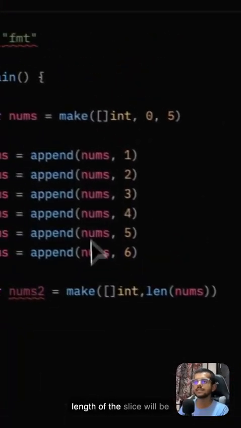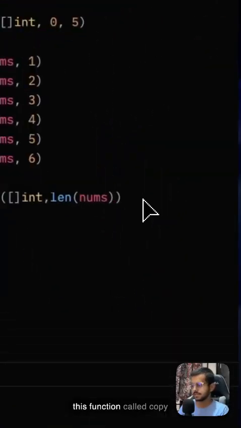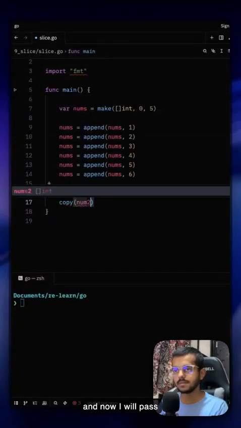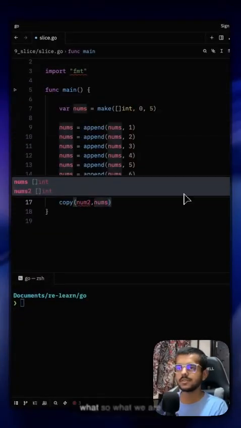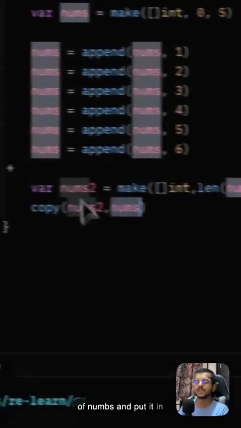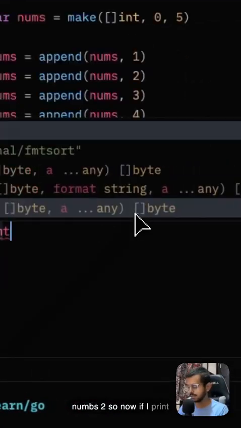The length of the slice will be the length of nums. Okay, and now I use this function called copy, and I will pass nums2 and nums. So what we are saying is copy the value of nums and put it in nums2. So now if I print